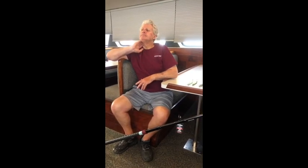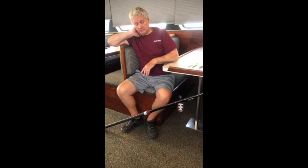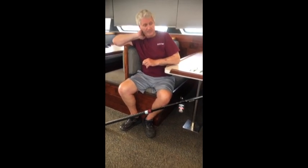What's the best surface iron rod and reel combo? The best? Well, boy, this Seeker Alua 10-footer is probably the